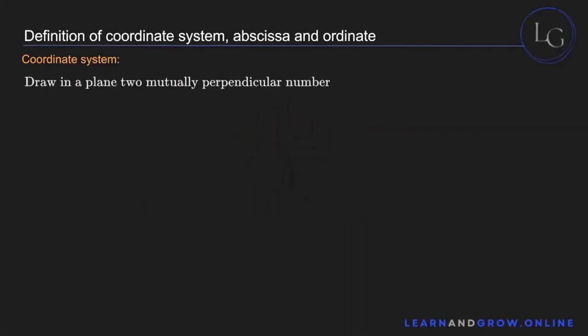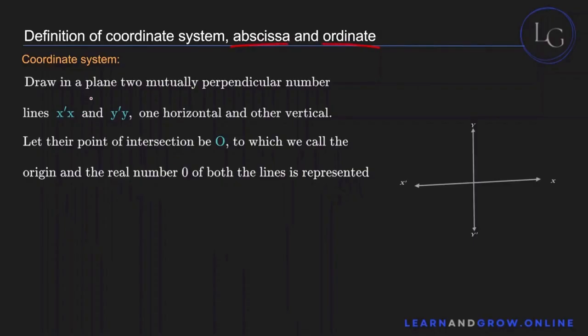Now let's see the definition of the coordinate system, and let's see what abscissa and ordinates are. Now, if you draw in a plane two mutually perpendicular number lines, x prime x and y prime y, x prime x being the horizontal line and y prime y being the vertical line. So this vertical line over here is the y prime y line, and this horizontal line is the x prime x line. Now, let there be a point of intersection we'll call O, and it is also called the origin